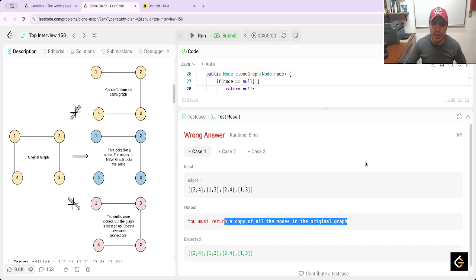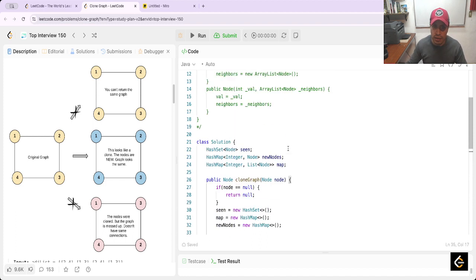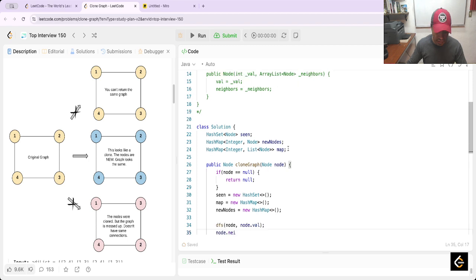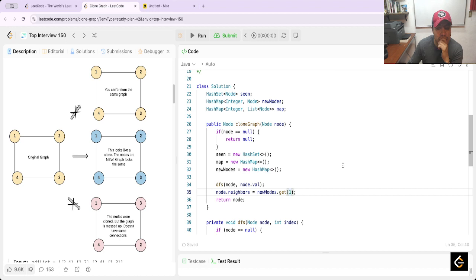I really don't like this question. Here I can change for node dot neighbors, sorry, no, node, and here it's node dot neighbors, it's equal, no,